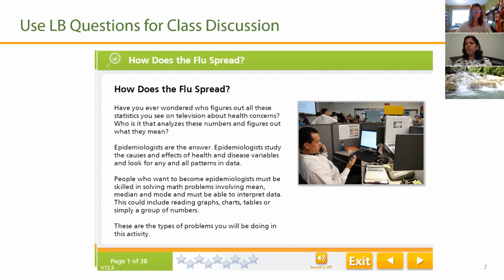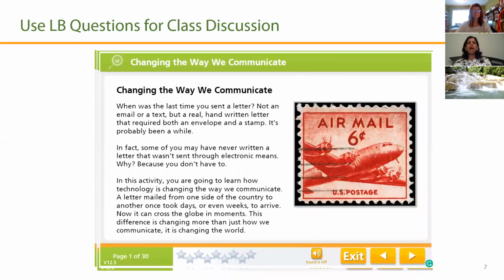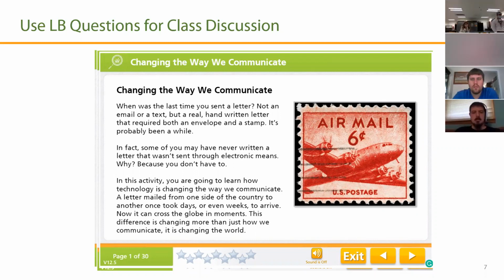And that way you really can gain some engagement with the students. Of course, talk about the way communication has changed. I had someone the other day, I said, can you please send me your address? And she actually sent me her mailing address. And of course, what I meant was her email address. And when I messaged her back and said, no, I want your email address, she's like, oh yeah, whoever